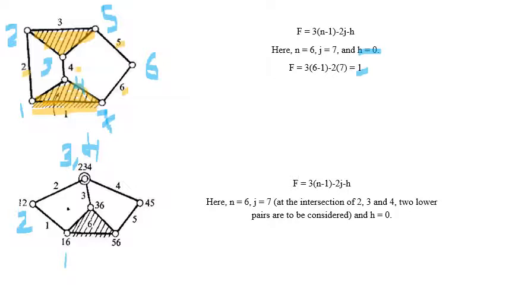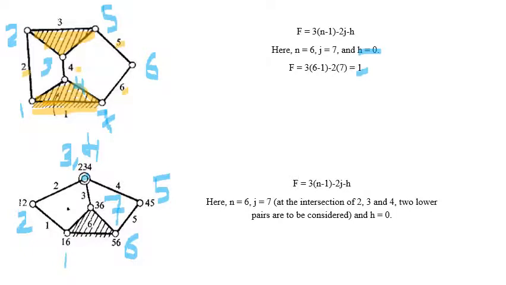Next, here we have 4 and 5 connected at this junction. So this is joint number 5. Similarly, 5 and 6 are connected through this pin. This is joint number 6. Next, here 3 and 6. Only 2 links: this is a ternary link, single link, and this is a binary link, single link. 2 single links are connected at this junction. Therefore, this is the 7th lower pair. So we have 7 lower pairs.